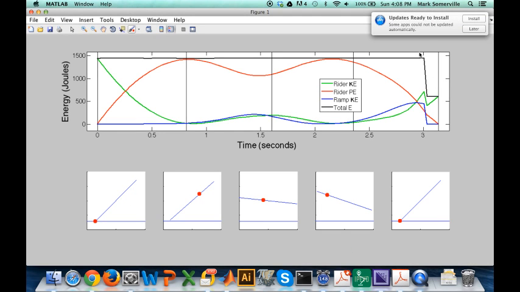So this drop is one that is consistent with what we actually are saying is happening in the model. And in fact, once I've hit the ground and stopped the ramp, you can actually see that the total energy is conserved after that as well. It's just that you have loss in that collision.